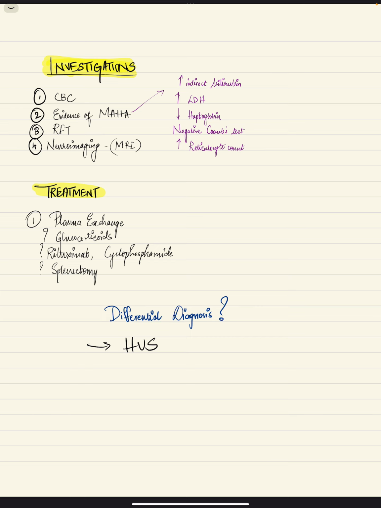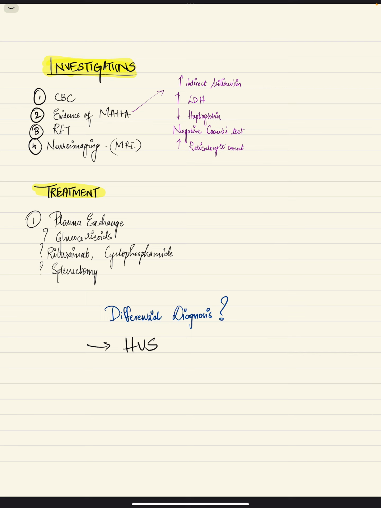Coming to the treatment of TTP, plasma exchange has been proven to be the most promising treatment for TTP, as it involves the exchange of the plasma containing pathogenic antibodies to the metalloprotease for normal plasma containing none of these antibodies. Some studies show benefit with usage of glucocorticoids, rituximab, cyclophosphamide as well. And performing splenectomy has a very doubtful role in the treatment of